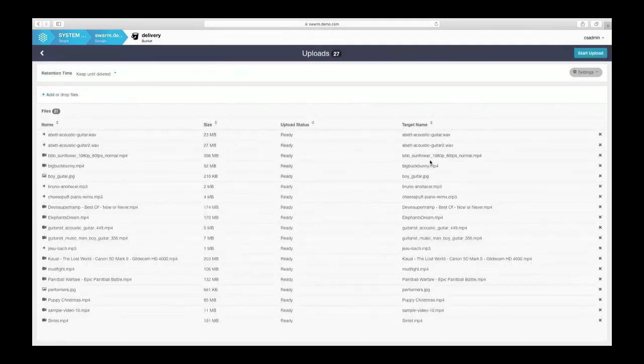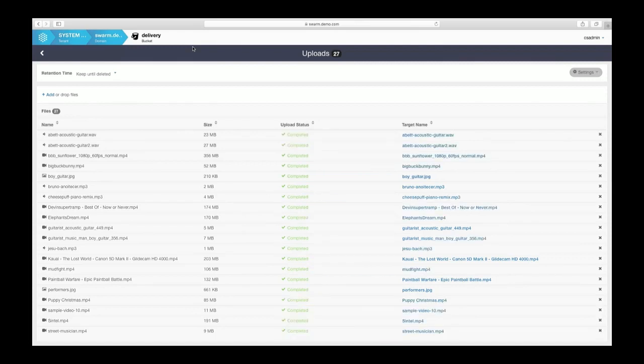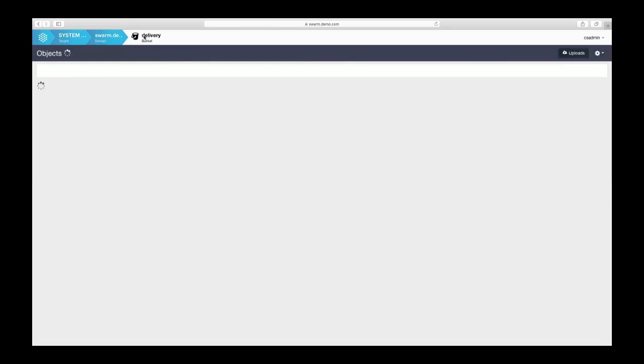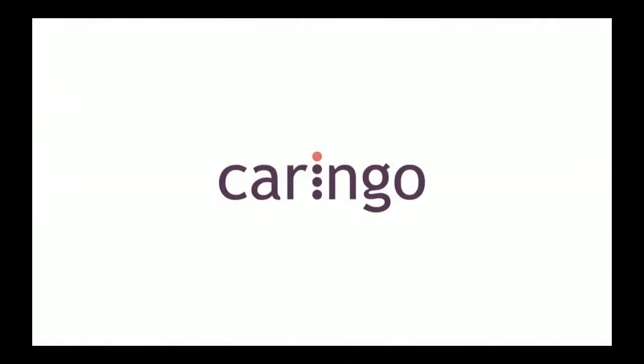And here's the exciting part, the parallel processing part. You see a lot of progress indicators coming up, and you'll see that everything's queued, and the uploads work in a parallel fashion. You're not going in sequence. You're not waiting for one to follow the other. And as Eric mentioned, once the segments are up on Swarm, everything is stitched back together via Swarm. That is a patent that we're applying here, something that we do in a unique way. And now your files are uploaded and ready to share.